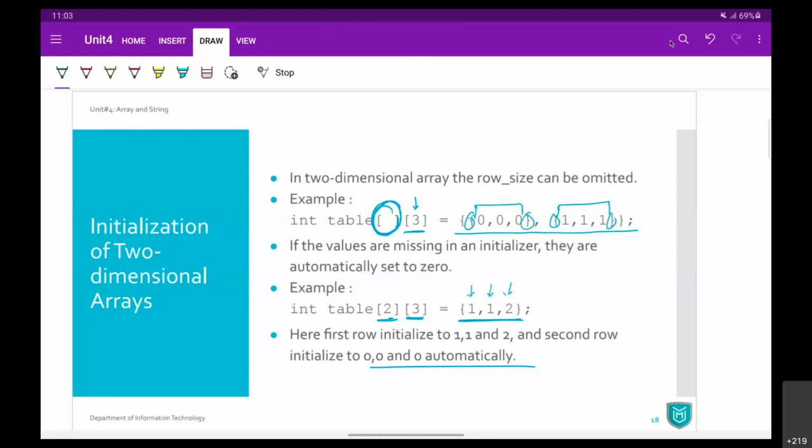So that's the answer, I believe. Someone has asked earlier also, what if we give less number of elements or more number of elements? If we give less number of values, remaining elements will be 0. If we give more number of values, then there will be a warning message, your program will continue. Okay. Yeah, so those are the other ways or possibilities how we can initialize our two-dimensional array here.